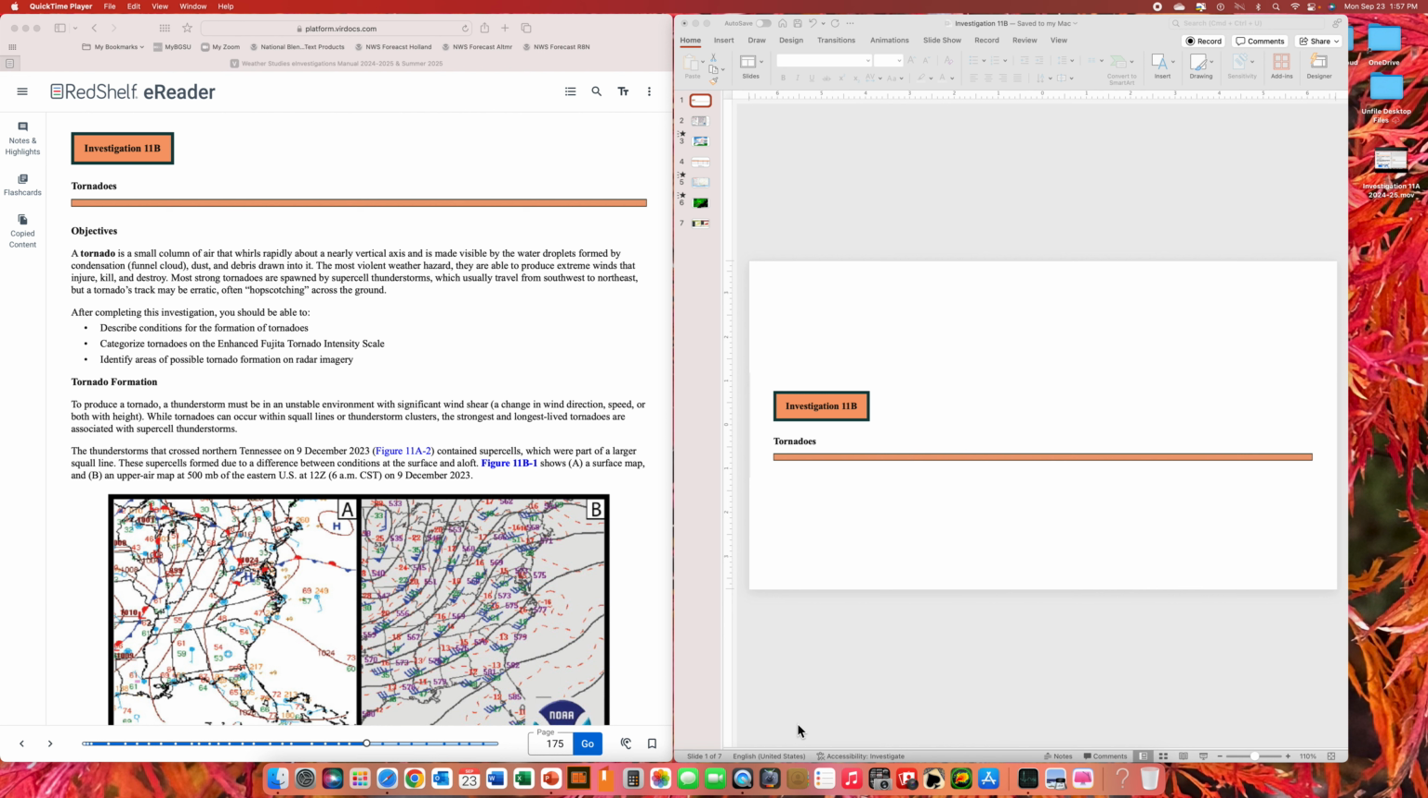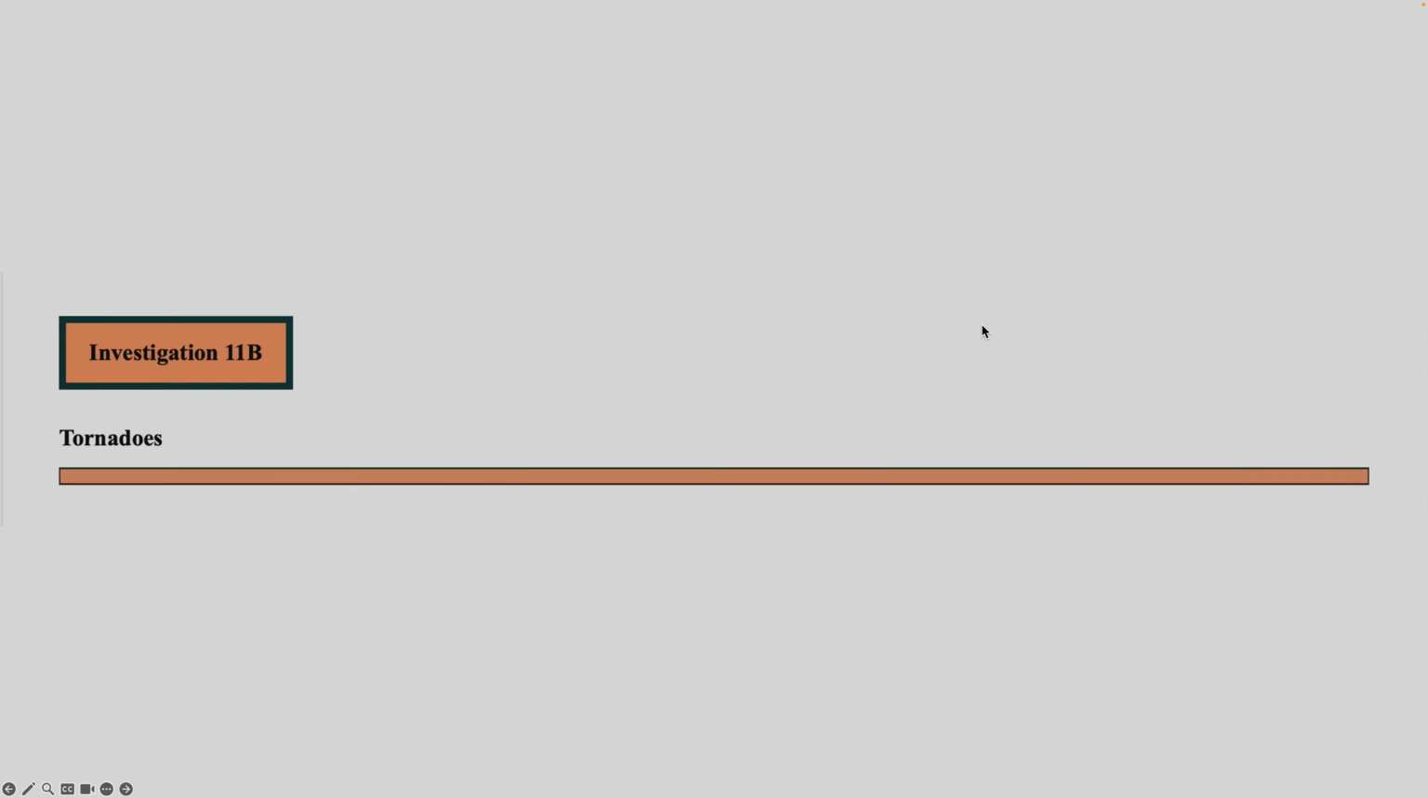So we're going to dig in, talk about this tornado a little bit, and do a bit of a case study. So why don't we get started? I'm going to begin the slideshow right now. Again, this is about tornadoes, but this is really going to be just a case study about this